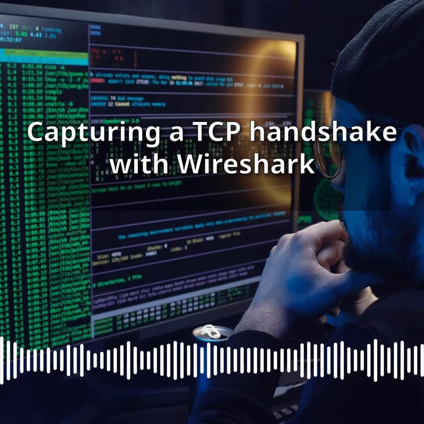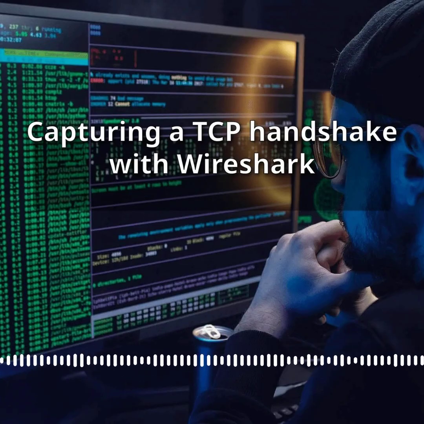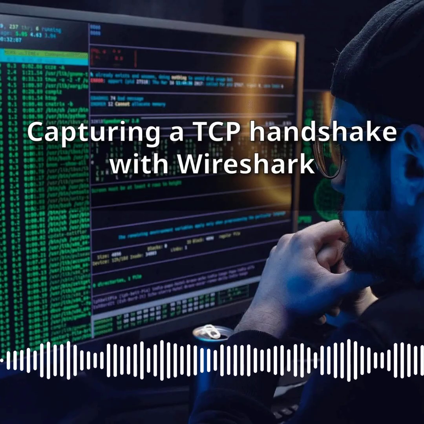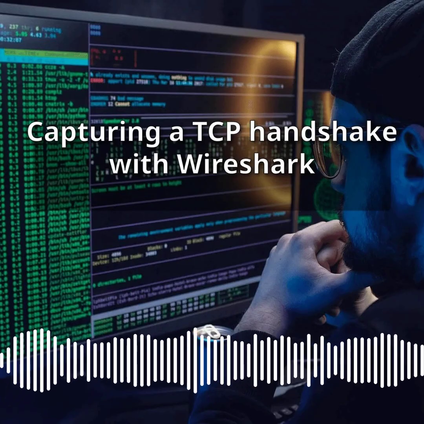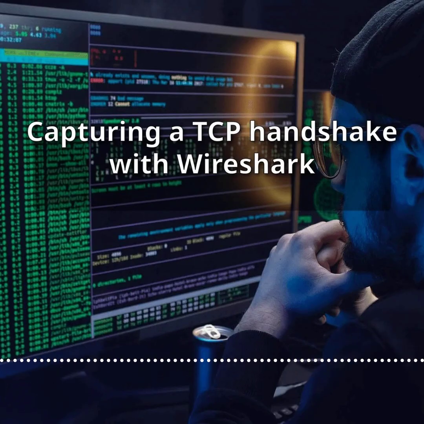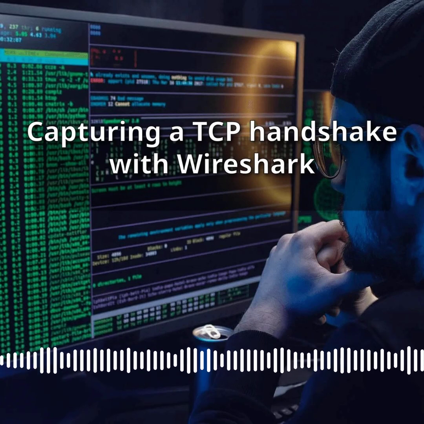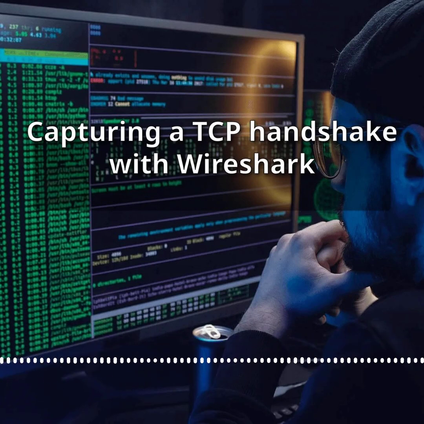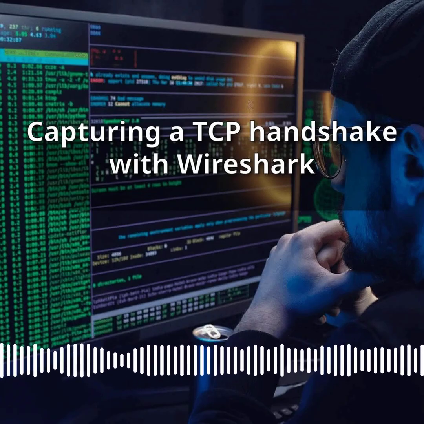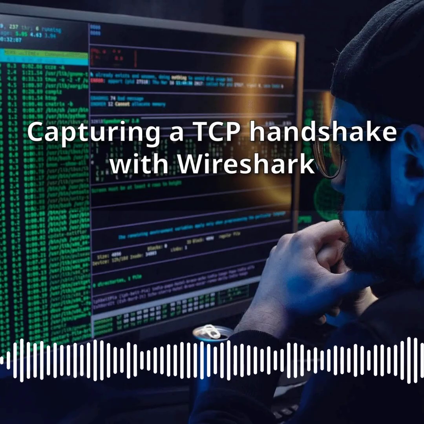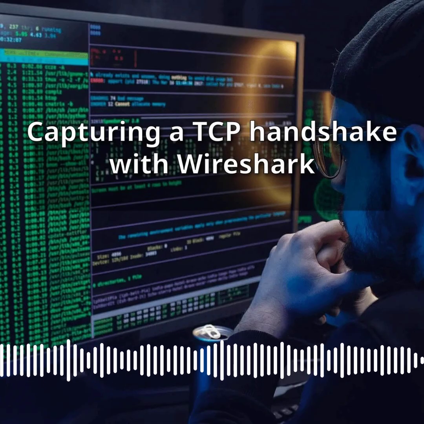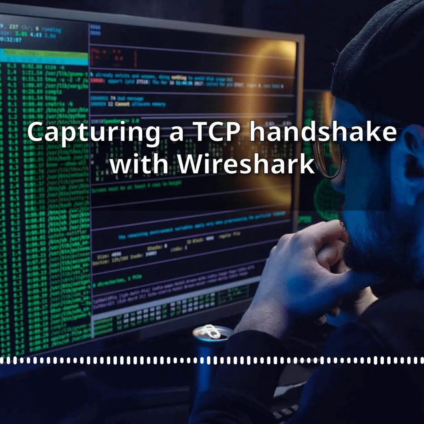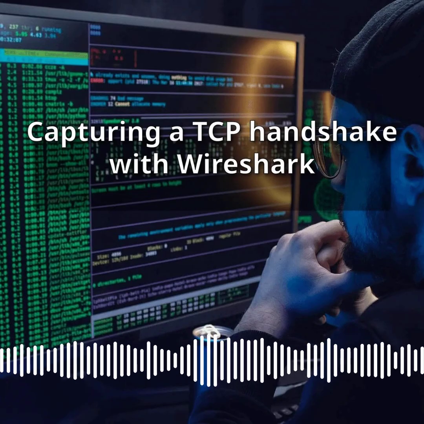Deliverable. Written analysis. Your submission must include two elements. First, export the captured handshake as a PCAP file containing at minimum the three handshake packets, and ideally the full conversation for context. Second, write a structured analysis document, plain text, markdown, or PDF, of 300 to 500 words covering the following points: a description of the network context, what traffic you generated, source and destination, ports involved; a field-by-field explanation of each of the three handshake packets; an explanation of how sequence and acknowledgement numbers evolve across the handshake;